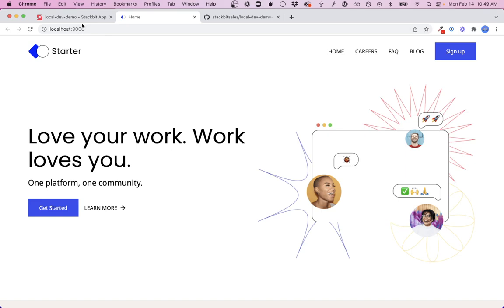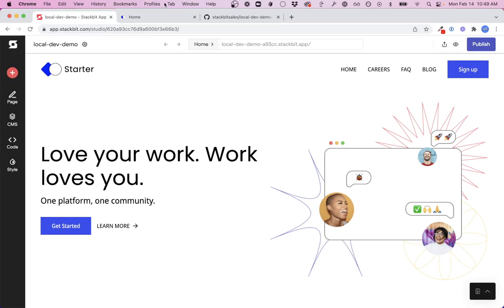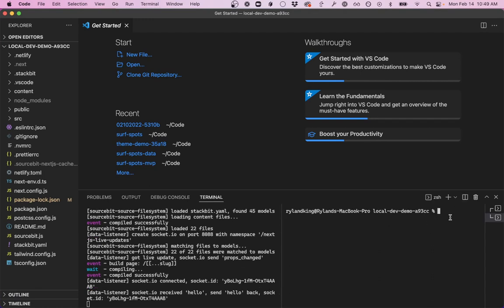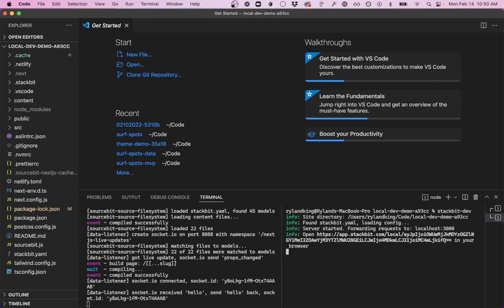So now what we're going to do is make it so that the whole studio will run on your local, making this crazy fast and making everything so much more seamless with coding on your project. So let's now split this and add another terminal window. We want to keep this running here, and now we're going to run from the project directory the stackbit dev command. We can see I'm inside of the project's directory, right? So all we're going to do here is type in stackbit-dev and hit enter, and boom,